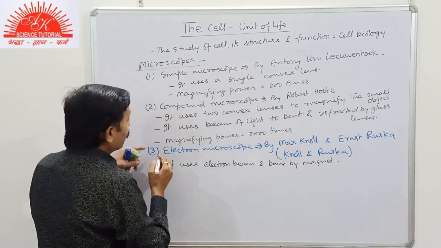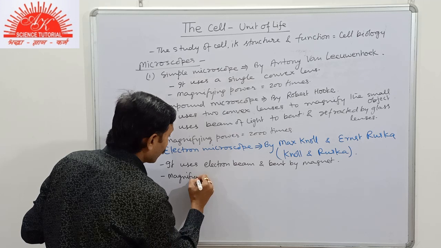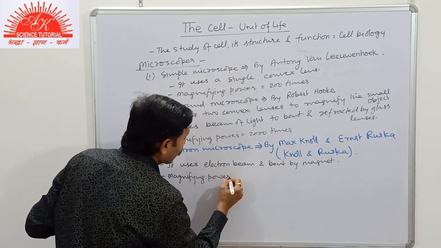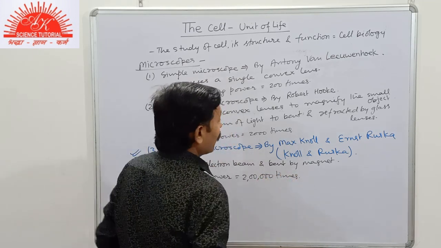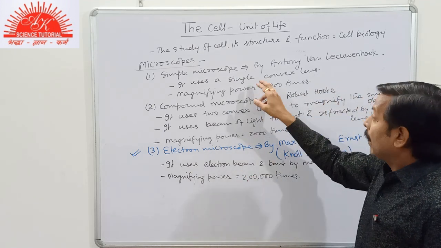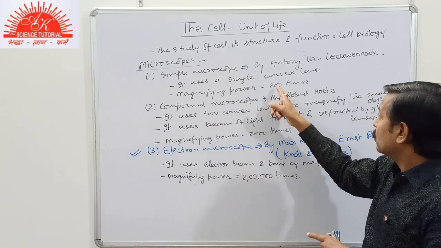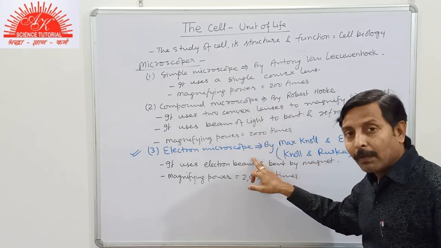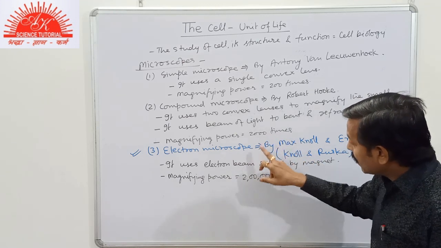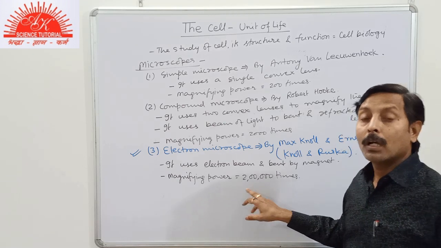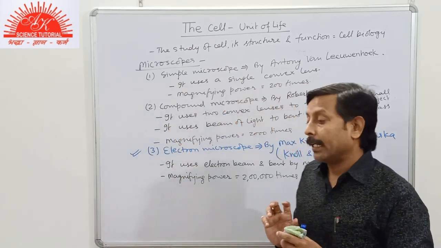Now further, one more important point for comparison, that is its magnifying power, was 2 lakhs times. That is, in comparison with simple microscope, compound microscope magnifies 10 times more, that is 200 to 2000, and it is further magnifying more, that is 2 lakhs, 2000 to, sorry, this time it is 100 times more. So now the internal structure of the cell became easier to be studied.